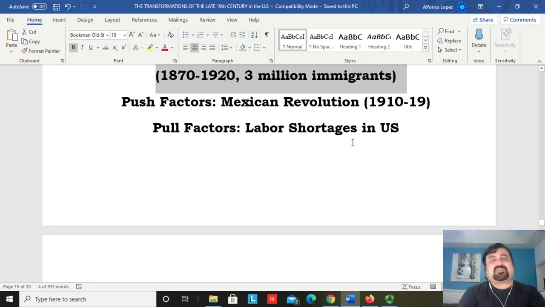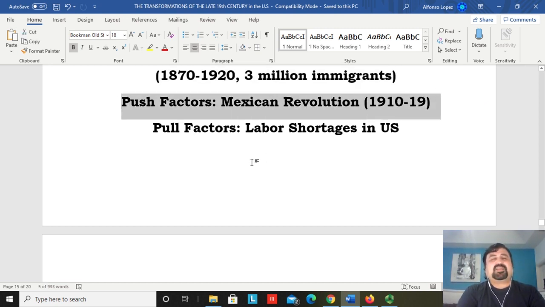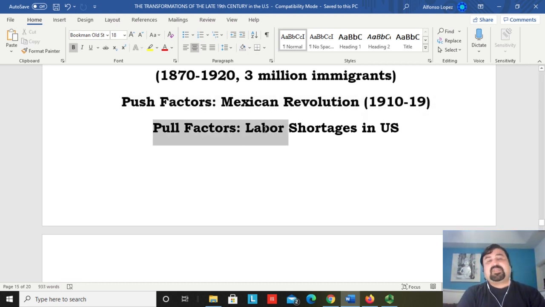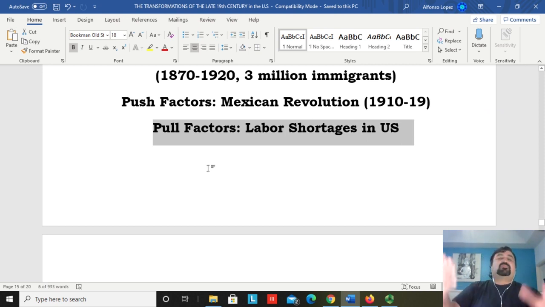The push factors: there's a lot of turmoil and instability in Mexico. The Mexican Revolution exploded. It was like a civil war, really, from 1910 to 1919. And there's a lot of violence in Mexico, and that's one of the reasons why many of them decided to leave the country. But the pull factors, in other words, what was really pulling Mexicans into the United States, was